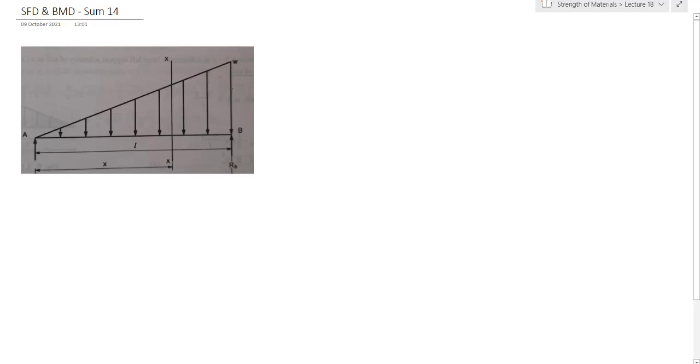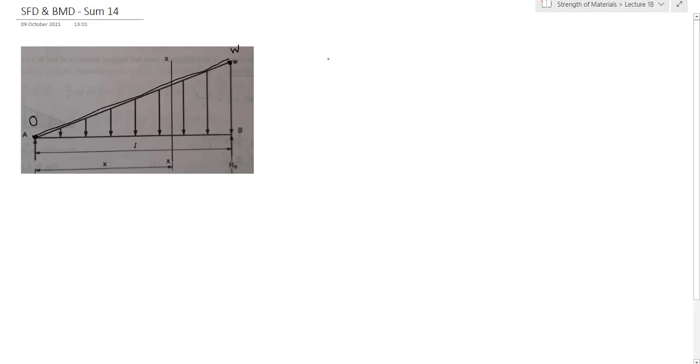So in today's lecture, we will be taking the first look at a uniformly varying load. As you can see over here, this is an example of a uniformly varying load. What does a uniformly varying load mean? It means that the load is increasing or decreasing in magnitude at a constant rate. See over here, what is the magnitude? Here the magnitude is 0. Here the magnitude is W and it is changing at a constant rate, right? So the rate is constant. This is known as a uniformly varying load.